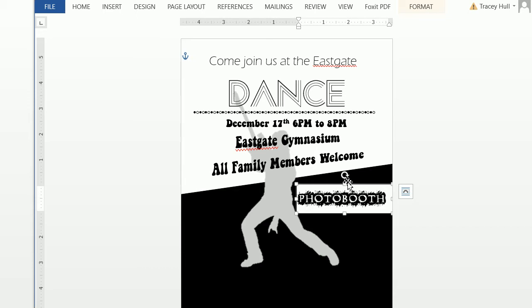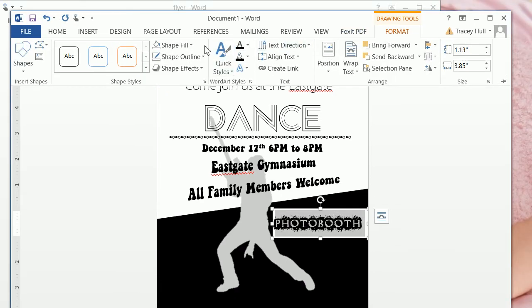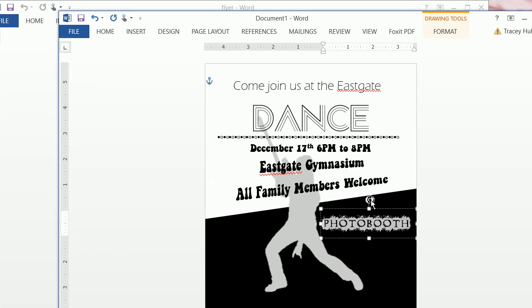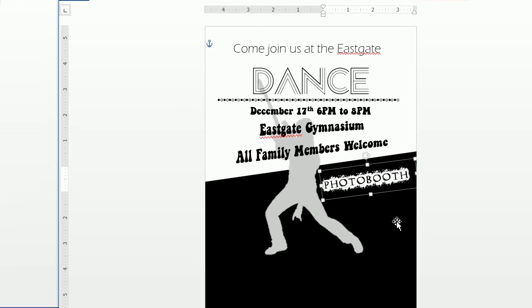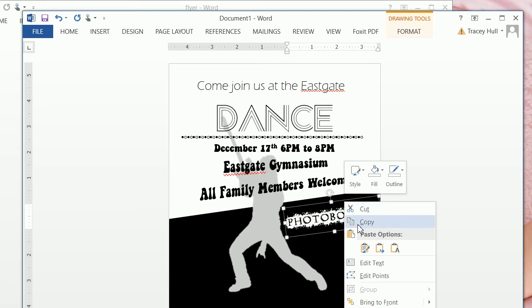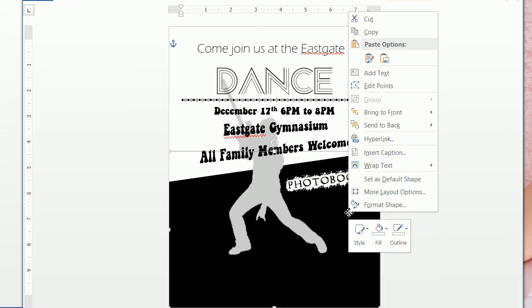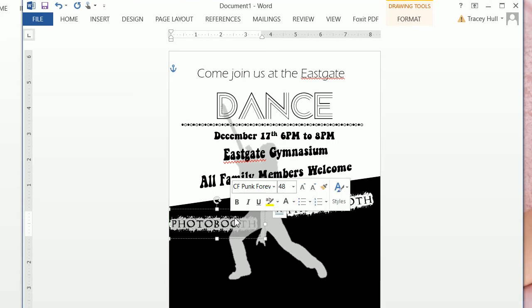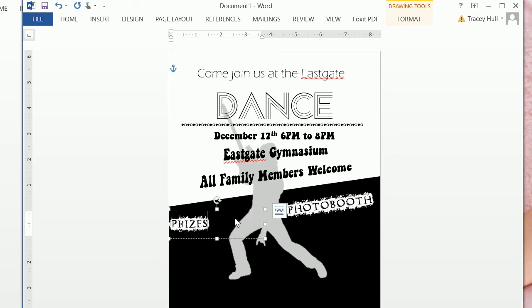Photo booth. And obviously we are going to want to format, and we're going to want to do a shape fill of no fill and a shape outline of no outline, and we are going to want to make that font color white. And then from here we can click on this little circle till we see those additional circles, and we can move this over. Okay. Now we can copy by either right clicking and click on copy, and then right click and we can click on paste. And now we can simply just change photo booth to prizes,